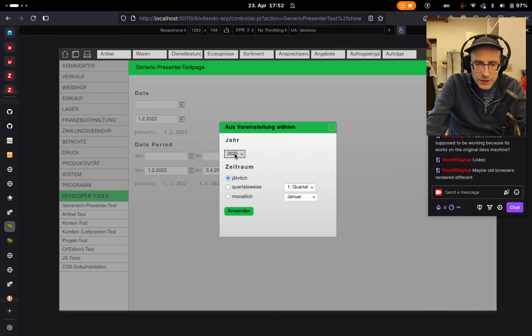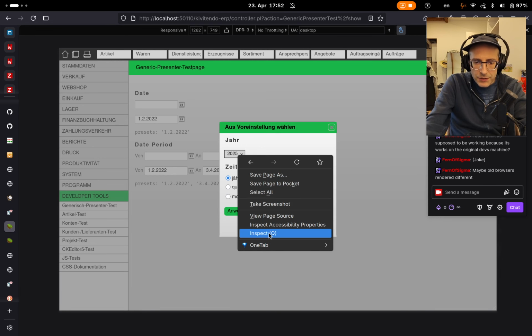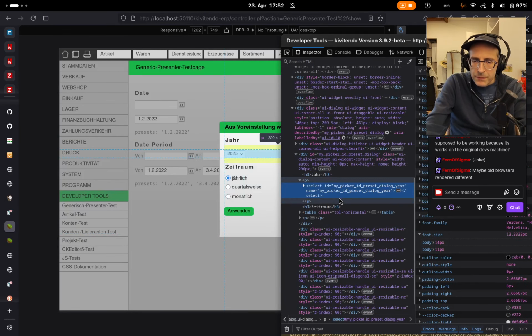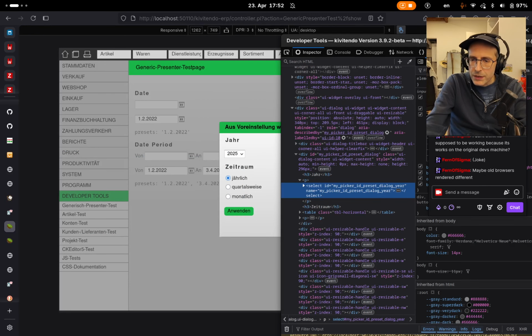This one looks small again, for some reason. So here, rules input text area select. So here,